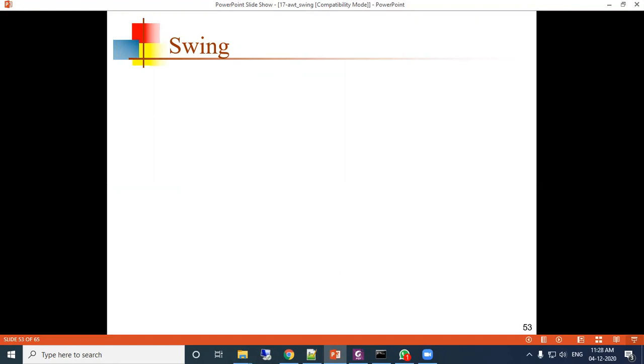Swing is also an enhanced version of AWT, supported in the new Java, and whatever is supported in AWT, similar tools are redesigned there. That group of tools is called swing.